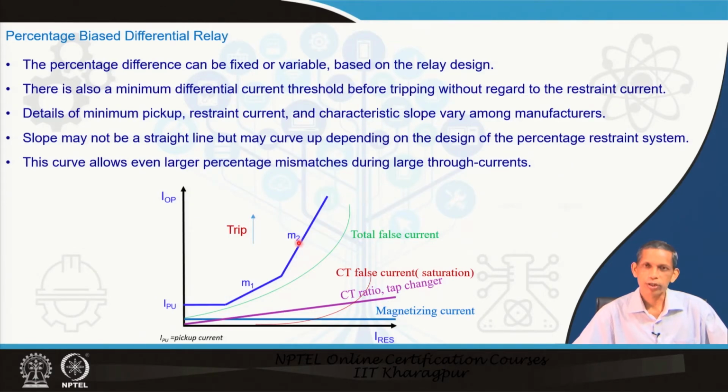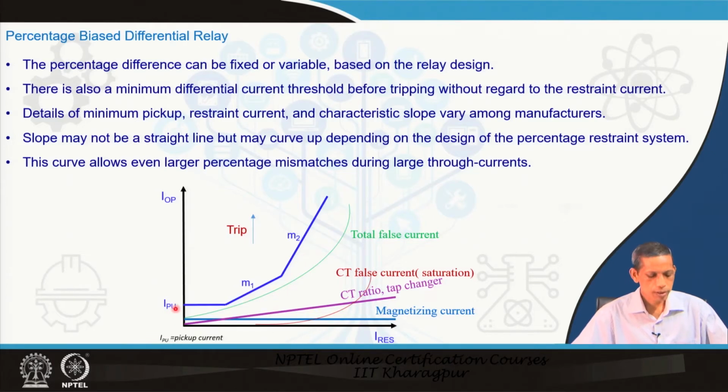I would like to mention clearly that the reason behind the larger value is that one goes for more mismatch, more differential current, and CT saturation also creates further problems. So, to avoid that kind of thing, m2 becomes larger than m1. Furthermore, depending upon situations, we will elaborate more on that. This portion can also be considered adaptive. Sometimes you can make it lower and sometimes higher, to achieve the required security or dependability and a more accurate protection approach, and so on.